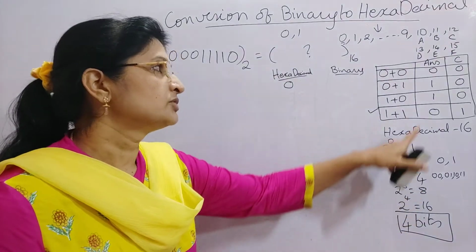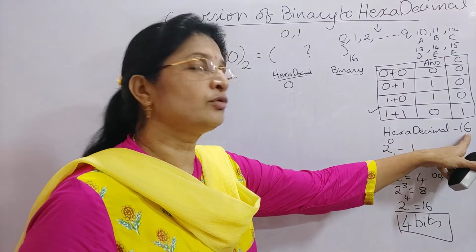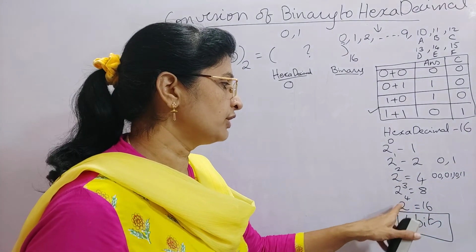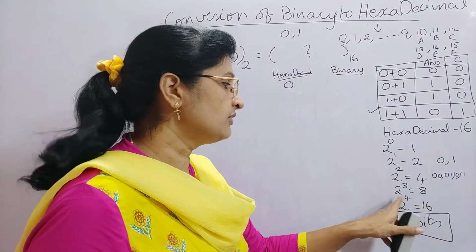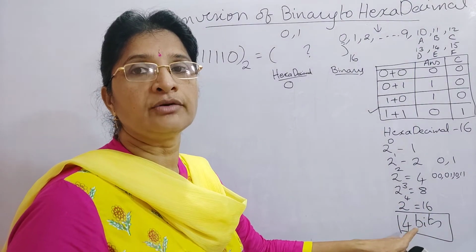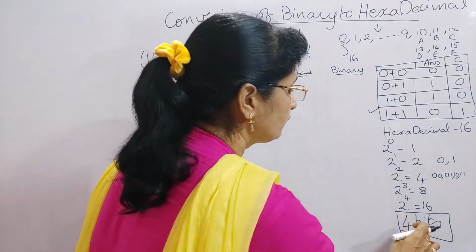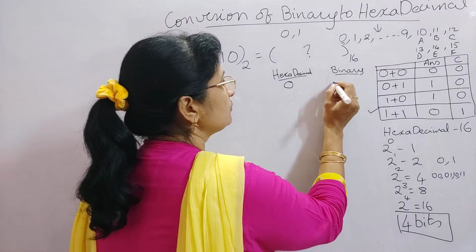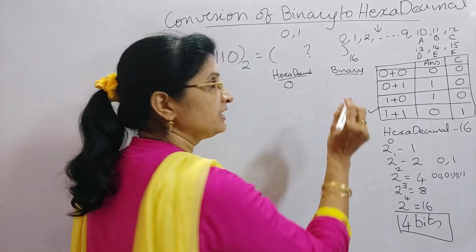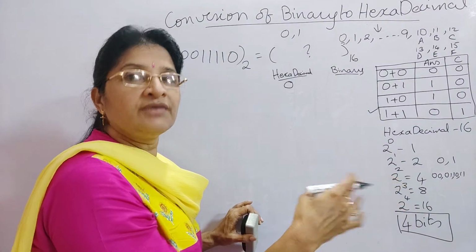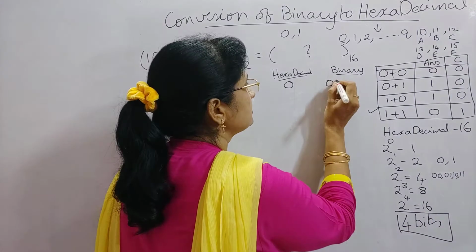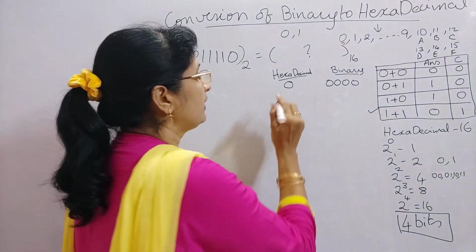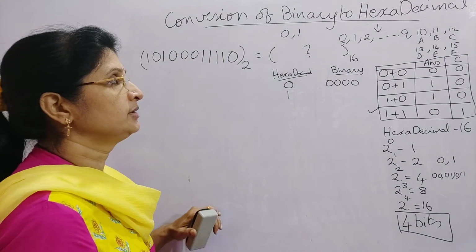This is how you can find how many bits are required. Whatever number of codes you want to write, it must be less than or equal to this range. Here for 2 power 4 it is equal to 16, so that's why we have taken 4 bits. Suppose you want to write the binary for 0. Even with 4 zeros the value is 0 only, so you will write it as 0 0 0 0, 4 zeros.